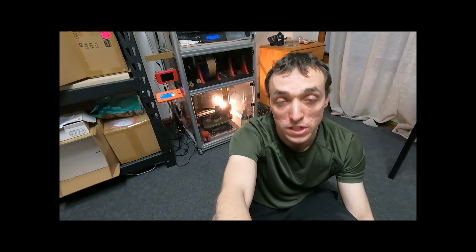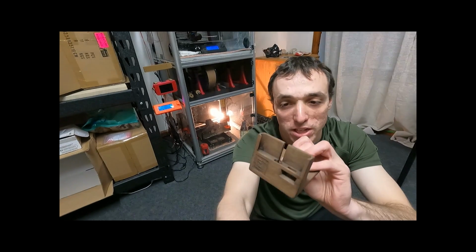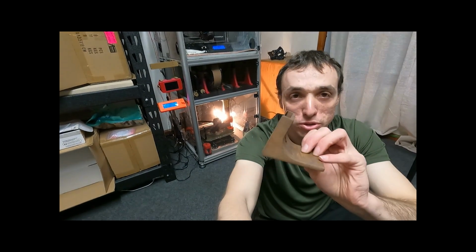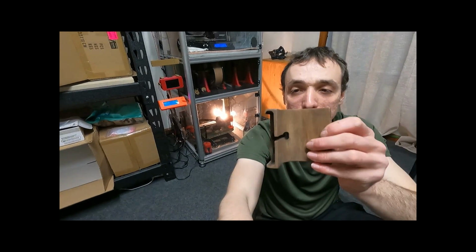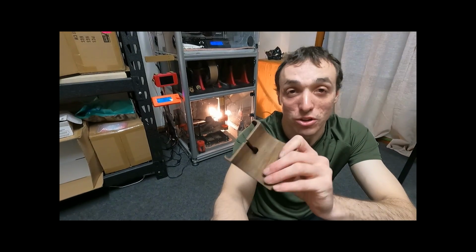Now with at least the wood filament that I'm using, when it comes straight off the printer it doesn't really look like wood, or fake wood at the very best, but with a little bit of post-processing you can get it looking like this. So this is a phone holder that I made for my phone, which is a OnePlus. Just download the file off Thingiverse, I think it was, print it out, same process as what I'm doing behind me, and just put some wood stain on it. Gave it a bit of a sand in between as well, and it reasonably looks like wood now. So this is the process I'm going to be showing you on today's episode, just on the Squid Game mask